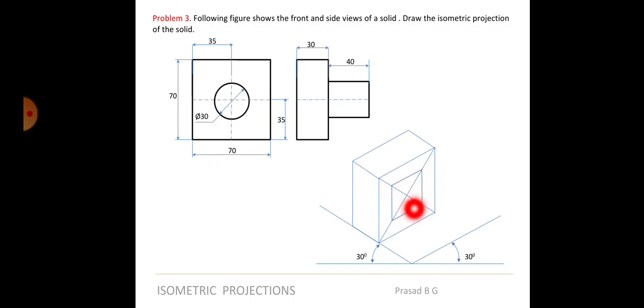One mistake most of the students make is, when you have this horizontal cylinder, they may consider from here. So this is not proper, isn't it? If you take this distance, you will not get the proper distance at all. So you will take it from here to the opposite midpoint, from here to the opposite midpoint, from here to the opposite midpoint, from here to the opposite midpoint. Then draw the arc. You will understand that when you draw. If you take this distance, you will not get a proper arc. So from here to here, from here to this point, from here to this point, you will get all the 4 centers and draw the arc. So you will get an arc like this.